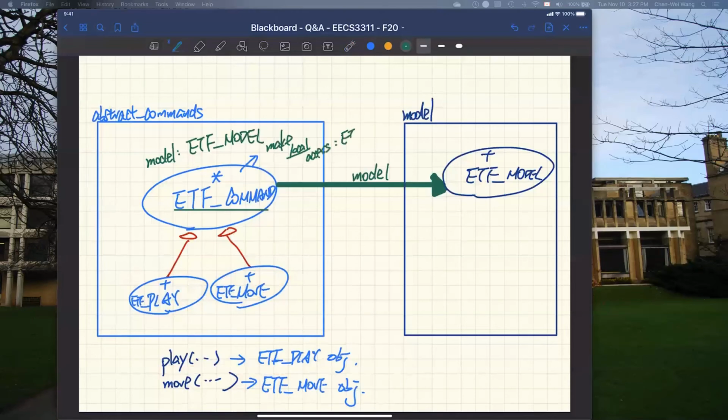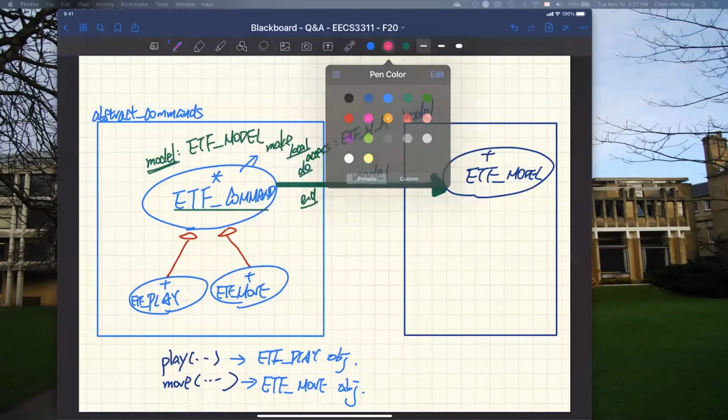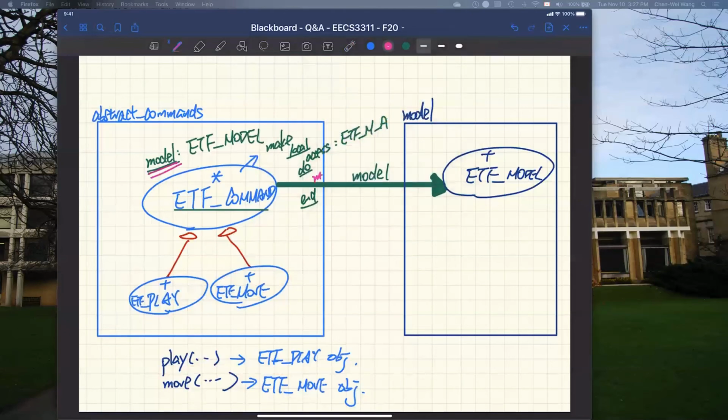And that one is ETF model access, right? And then also end. And the only line we put, as we learned from the singleton lecture, you will simply say the model over here. Let me use a different color. So the model over here is simply assigned to the access